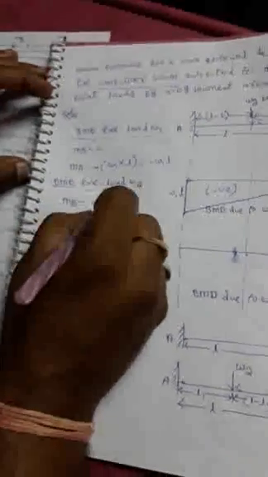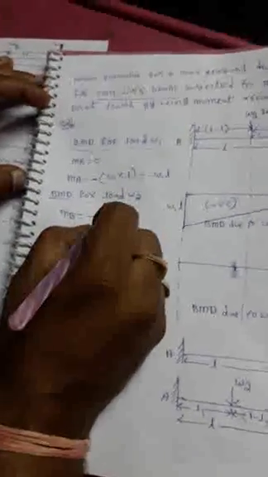Okay, so the total span length is L. Here there is no point load, and the points are A, B and C. So here MB is equal to 0, there is no load, so there is no deflection and no slope, and MC is equal to 0, since the starting point is C, and the next point is MA.